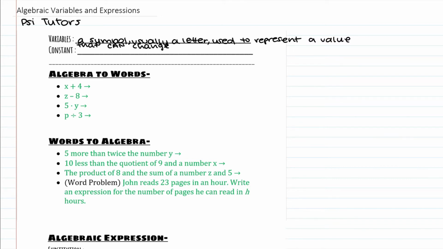Okay? Now let's look at some examples of what a variable would look like. So a variable can look like this: x, y, z, and the next three that I'm about to write,